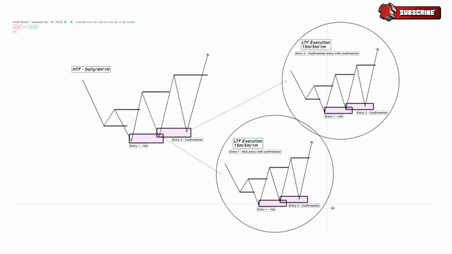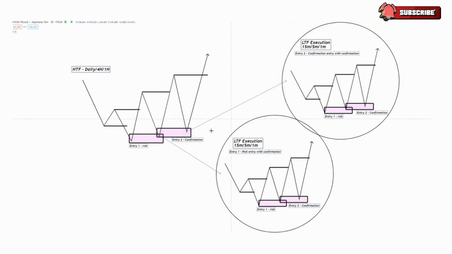And again, we can approach it in two different ways on this first risk entry spot. We can take the first risky entry of that fractal pattern, which would be that first mitigation, or we can wait for that second break of structure to enter a confirmation entry and take longer. This entry will give you a little bit more confirmation and also improve your strike rate as the trend has confirmed. We're seeing a succession of higher highs and higher lows being formed, but not all the time will this entry come. So sometimes you will miss trades if you are only waiting for that. And entry one is more risky because we haven't confirmed the trend yet,